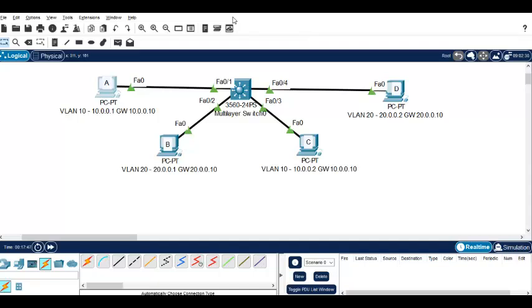So have you done the VTP lab? STP, VTP, and then port channel on mode, LACP mode, PAgP mode. I want you to do this immediately, if possible now, or otherwise